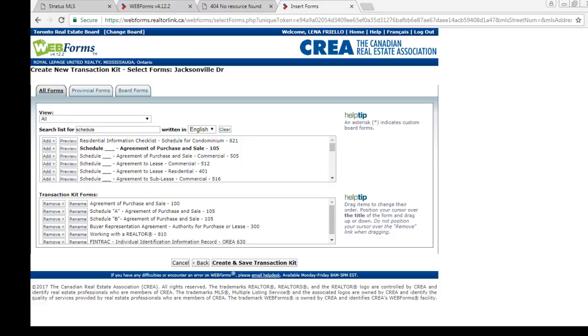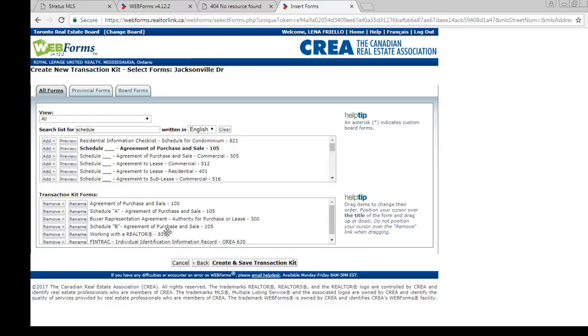Because once you're printing or sending it over to your client, it has to be in the right order, which looks and makes more sense to a person on the other side, who is fully compliant to do your job, right? Adding or removing forms does not alter the template. As I've already explained, it only makes the changes to your specific transaction kit that you're creating, right? If you want a specific form to open first, then I have explained that